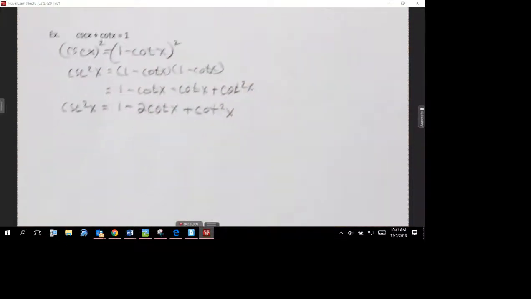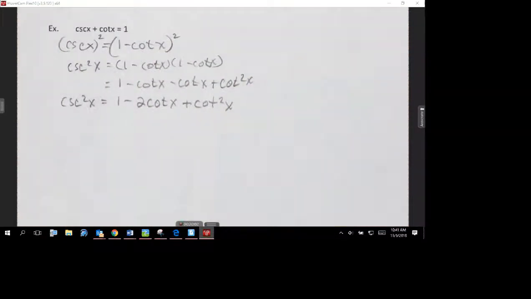So I've moved the cotangent over, then I squared both sides. I FOILed the 1 minus cotangent x, and was left over with a perfect square trinomial, 1 minus 2 cotangent x plus cotangent squared x equals cosecant squared x. So now,